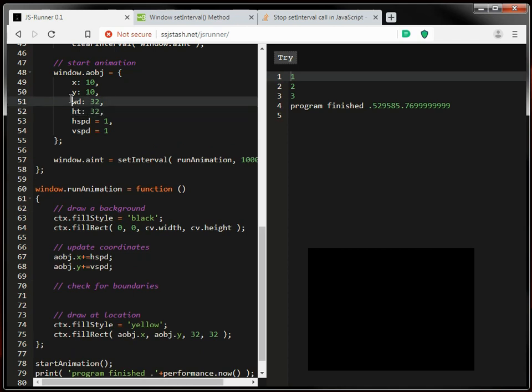We're going to give it the actual width and height properties that we can reference. Horizontal speed, vertical speed, and